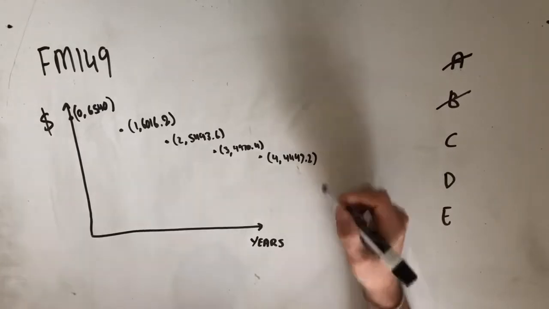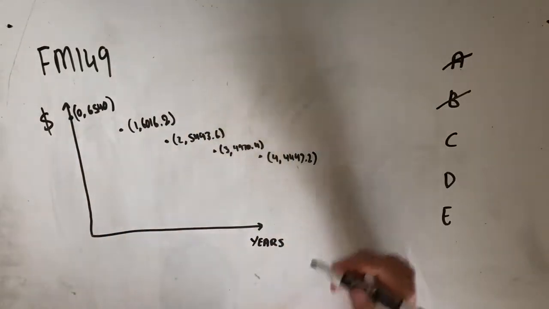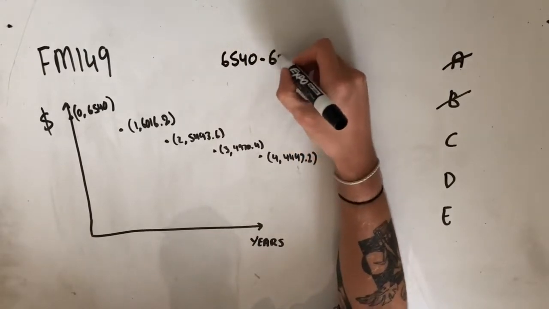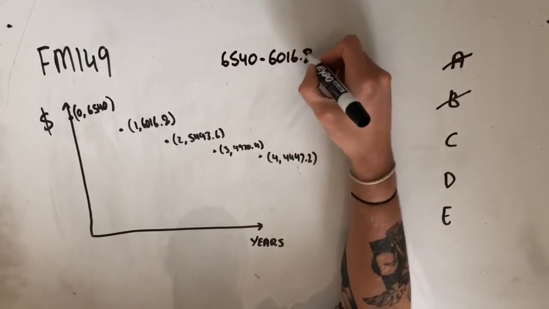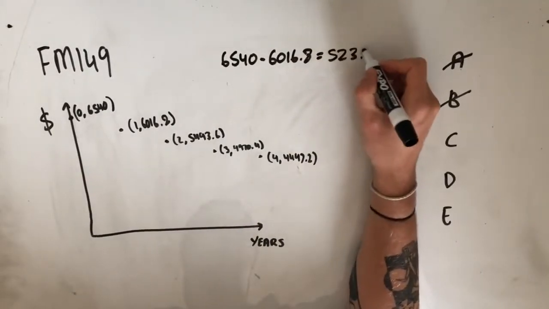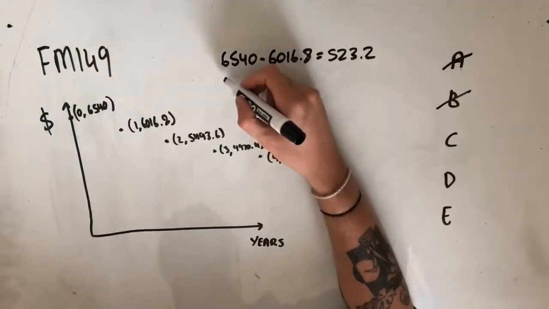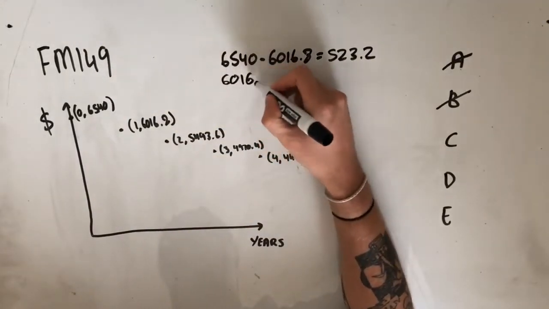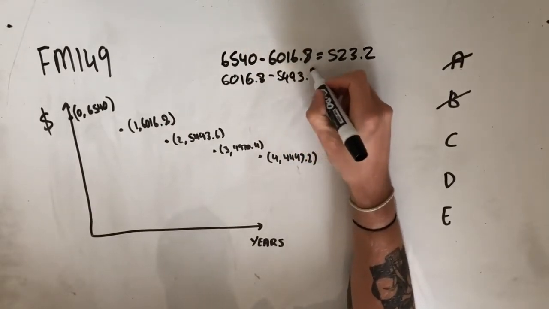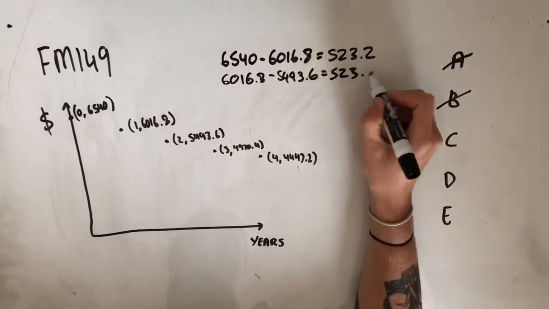So let's have a look. If we take our two values between the starting point and after 1 year, we take 6,540 and we minus 6,016.8. Plug that into a calculator, you're going to get an answer of 523.2. Now let's look in the second year how much we've depreciated by. So 6016.8 minus 5,493.6. That is also going to give us, if you plug that into a calculator, an answer of 523.2,